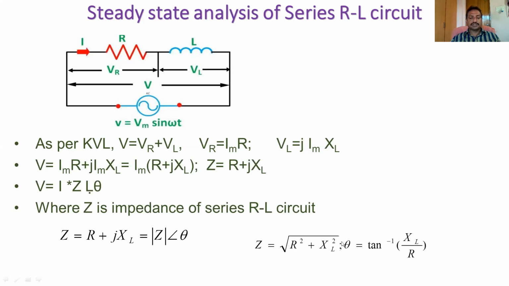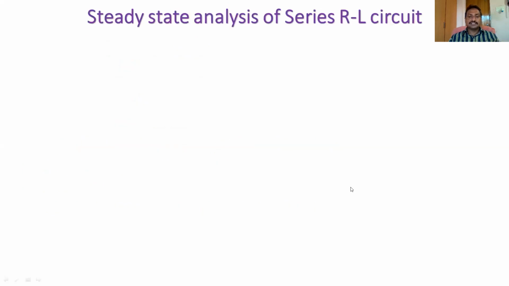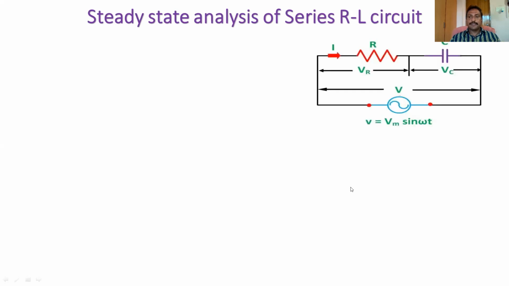Z is equal to square root of R square plus XL square. Theta is equal to tan inverse of XL by R. So we can calculate the magnitude of the impedance and the angle between voltage and current. This is the angle between voltage and current. Therefore, I is equal to Im into sin of omega t minus theta. Next, analysis of series